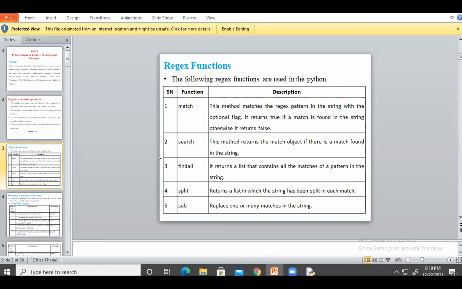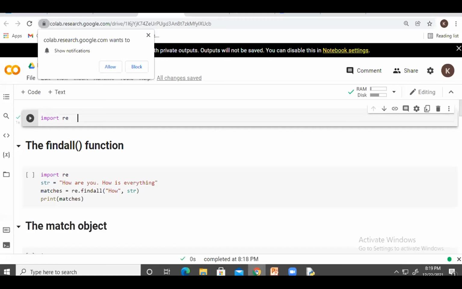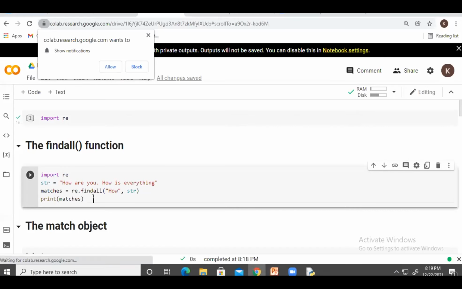Suppose in our string the words are present, the findall operation will find how many times the pattern repeats.